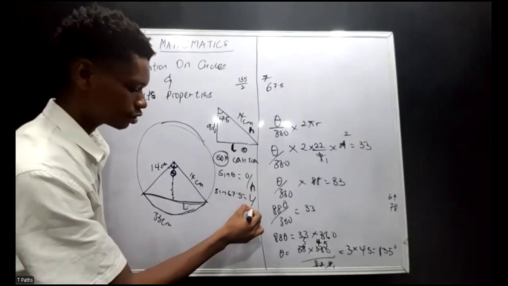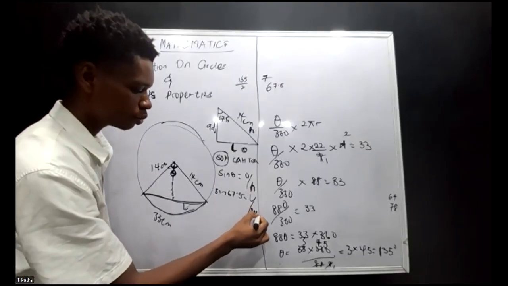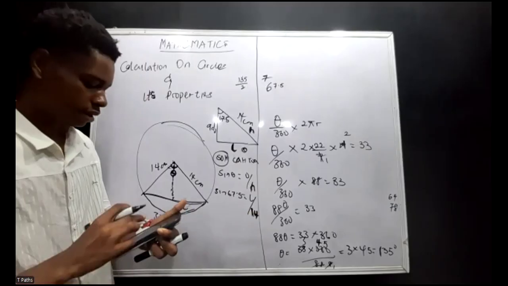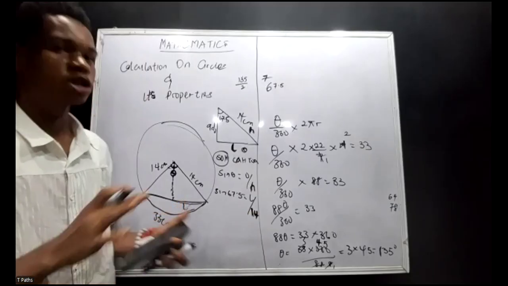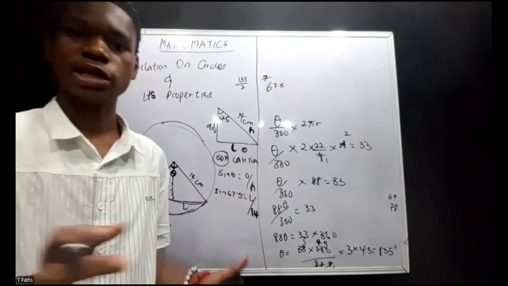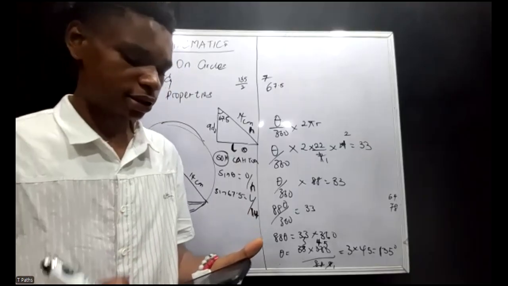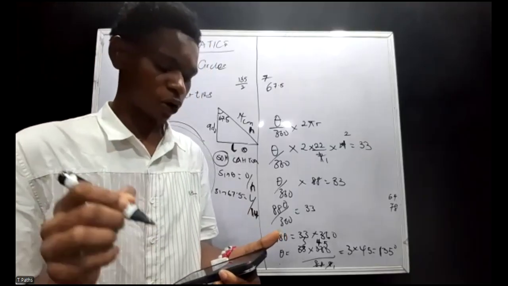All right. So I'm going to repeat the question. The question says the length of a sector. I'm going to repeat this slowly. So if you want to write it, you can write it down. The length of the sector of a circle